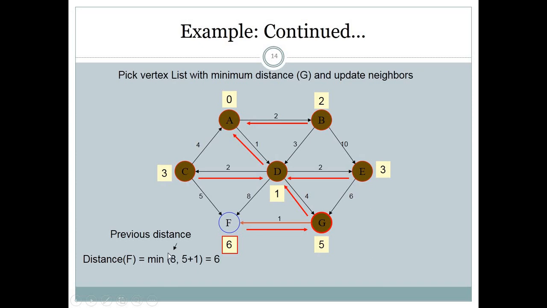Now if we consider node G as an intermediate node, then the distance from A to G is 5 and the distance from G to F is 1. So it will be 5 plus 1, 6, and our previous distance is 3 plus 5, 8. From both of them, our minimum distance is 5 plus 1, 6. So we will consider the path A to D to G to F. We will not consider A to D, D to C and C to F. Why? Because we have the minimum distance from A, D, G and F. So that will be the minimum distance, 6 here.